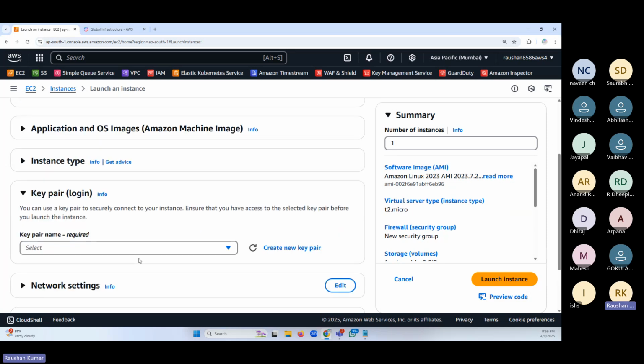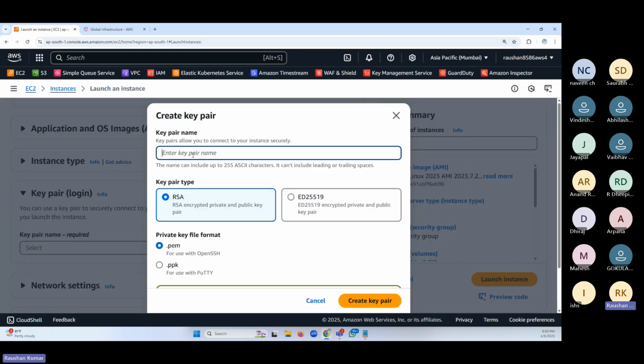We need to create a key pair, friends. And we'll be using this key pair to log in. So let me create the key pair. I'm going to keep everything default. I'm not going to touch anything today. I've explained that yesterday. I'm going to create a new key pair. I'll give the key pair a name: April SRE key.